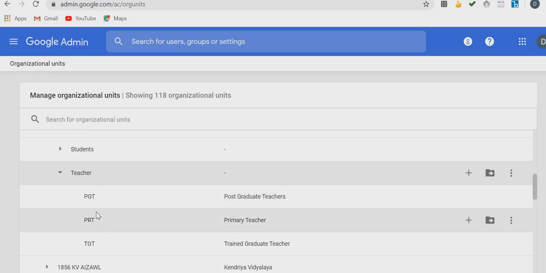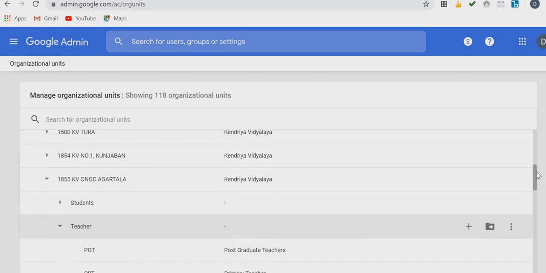So these are the folders. First is the parent folder, which you can assume is the school name, and then there are students and teachers. There are two subfolders in the parent folder, which is the name of your school. You will create subfolders in it, students and teachers.